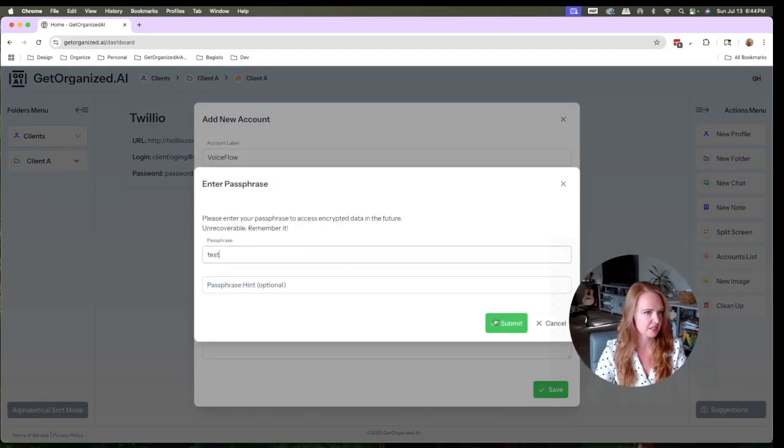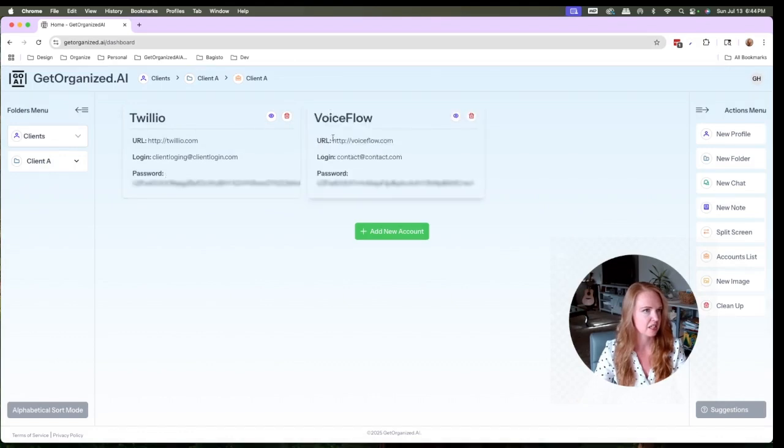If you do use the same passphrase, then it is stored very temporarily in the front end browser. And say you navigate away or you start a new session, then you're going to have to re-enter that passphrase. But if you have the same passphrase on here, it will temporarily store it for just like half a second